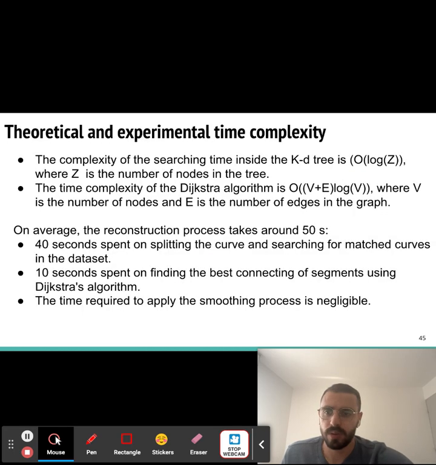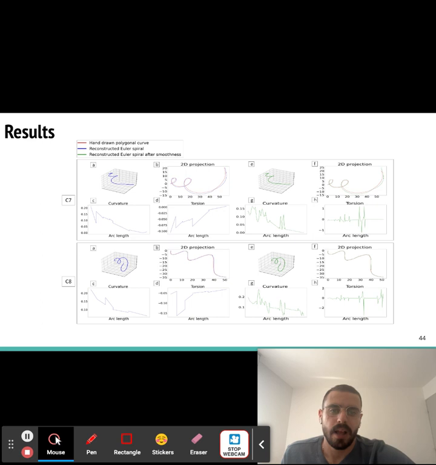To continue, here is the result of the third experiment, which is the hand-drawn curve. Starting from a hand-drawn curve, we were able to find the 3D reconstruction of this curve that has an orthogonal projection very similar to the input polygonal curve. So regarding the result, as shown in all figures, our reconstruction produced a visually pleasing curve and